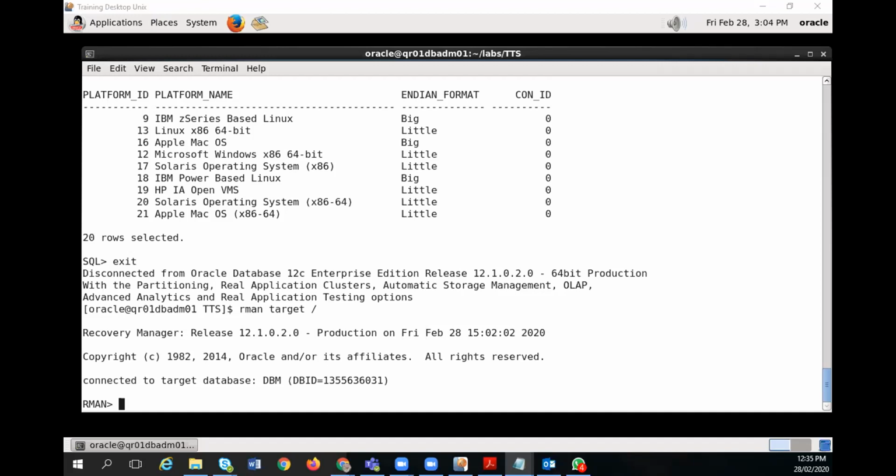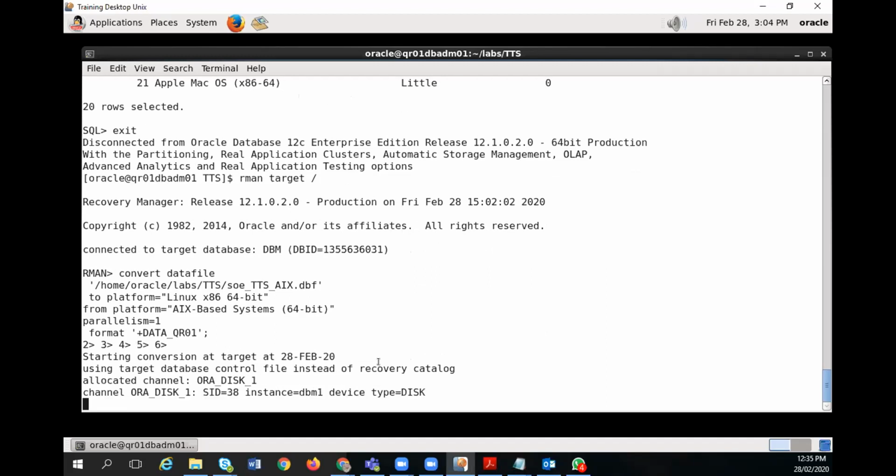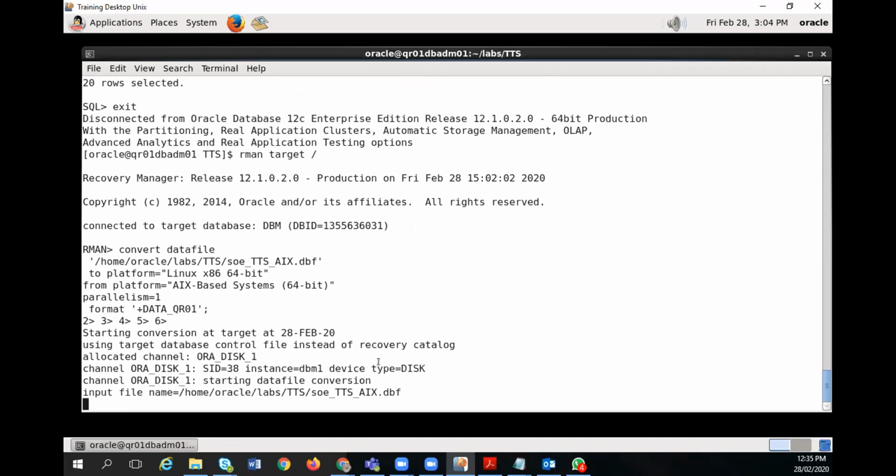Now let me convert my file. So the conversion has started, which will convert this AIX file to Linux x86 64-bit platform with parallelism one.